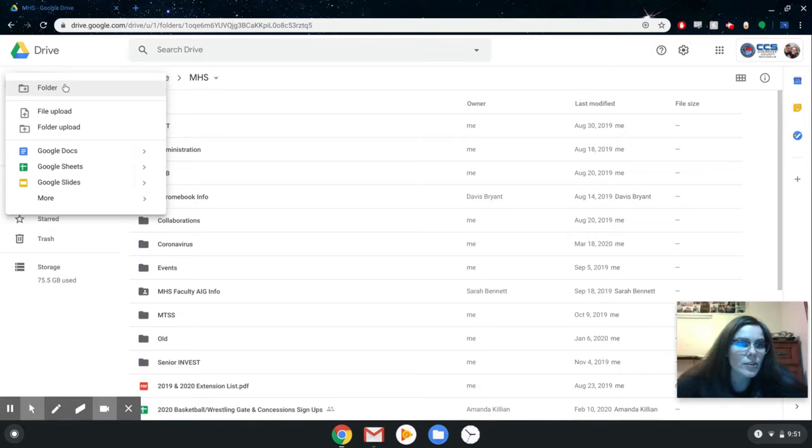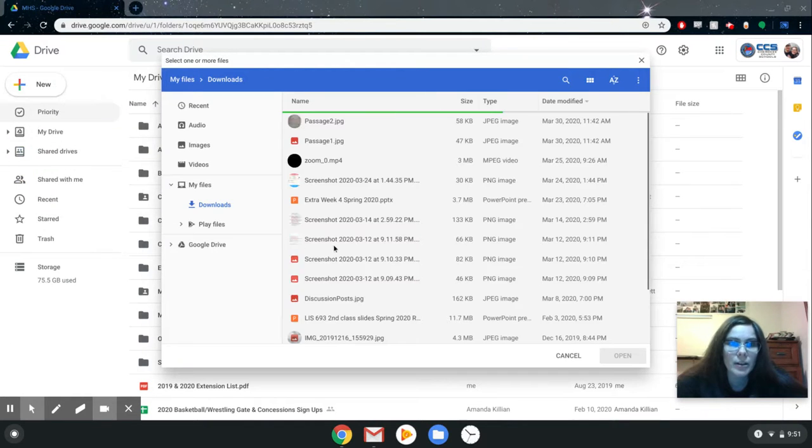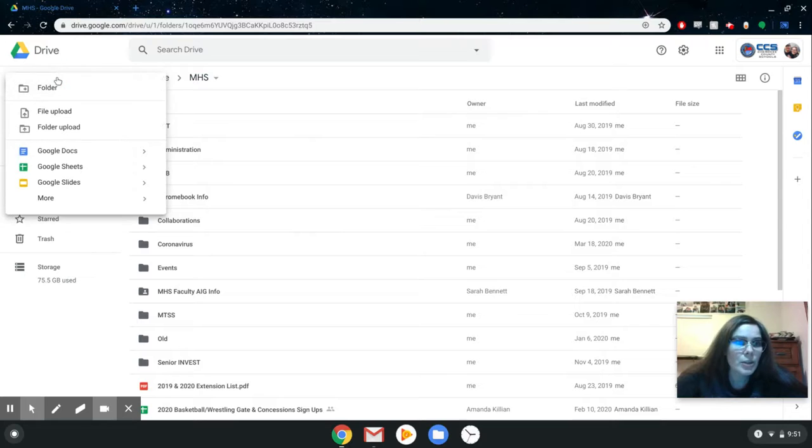on it. So if I click on that, you can see I can upload or add a new folder. I can do a file upload or a folder upload. So if I've got something stored locally on my computer that I want to add, I can click those options. So let's just say I click file upload. It's going to take me to my local documents on my computer, and I can pick anything I want to upload from there. You can also create a new Google document, a new Google Sheet, Google Slide, and if you